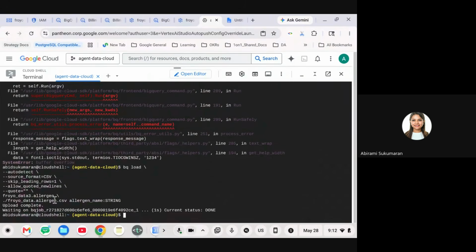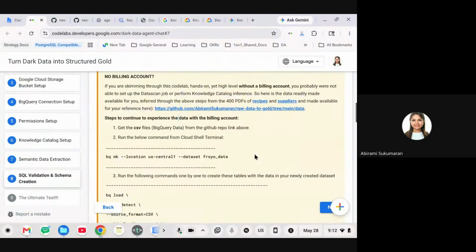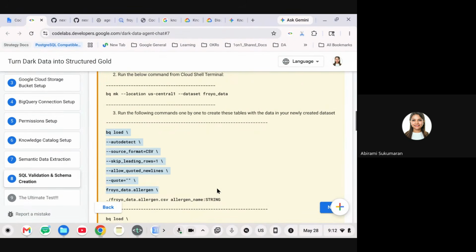So if you notice, what didn't work for me was that once you copy this batch from Code Lab, it is actually introducing another line break in between this value and the BQ load, the actual command. So we should not have any extra line break in between. So make sure you copy paste this into a text editor and remove those unnecessary line breaks.